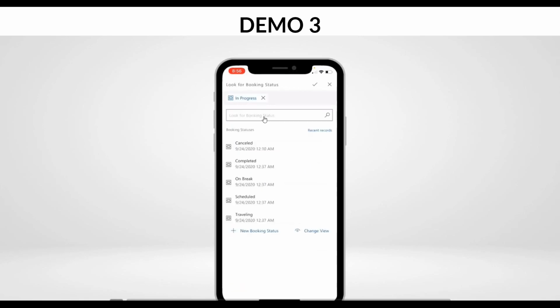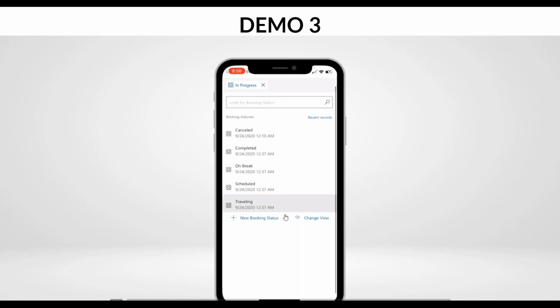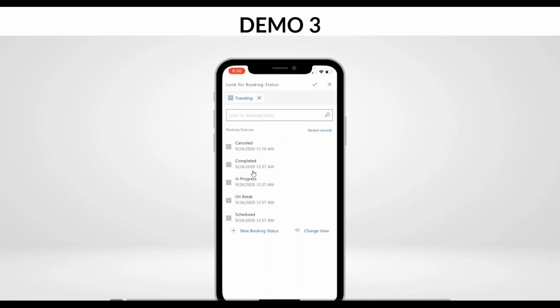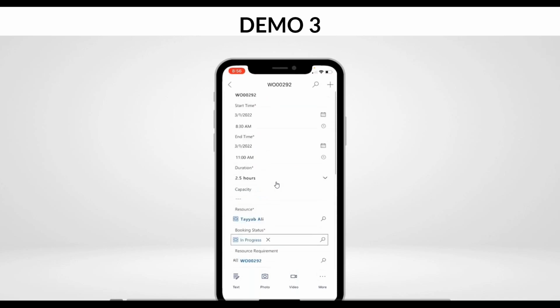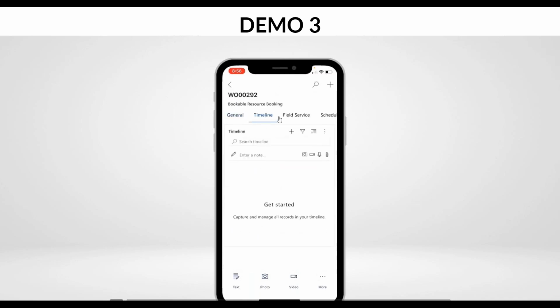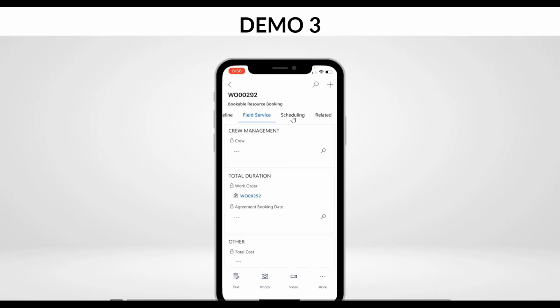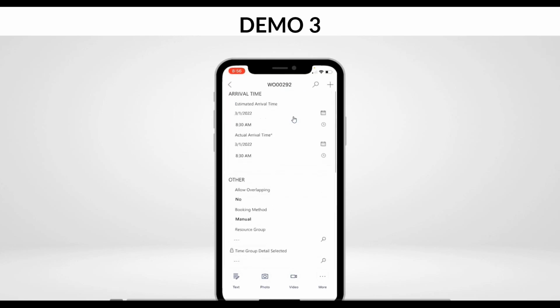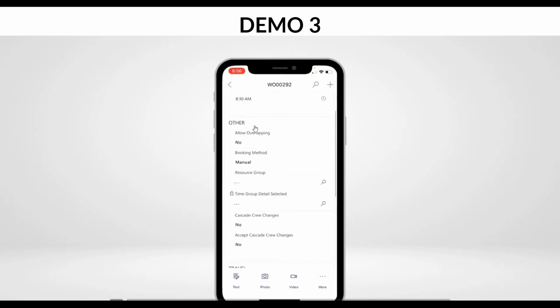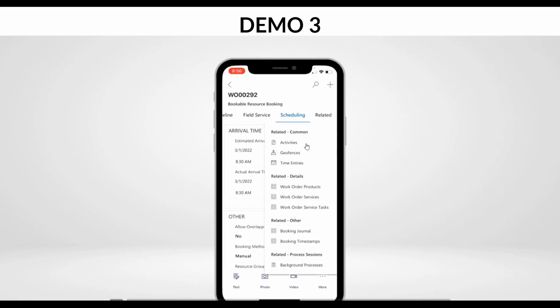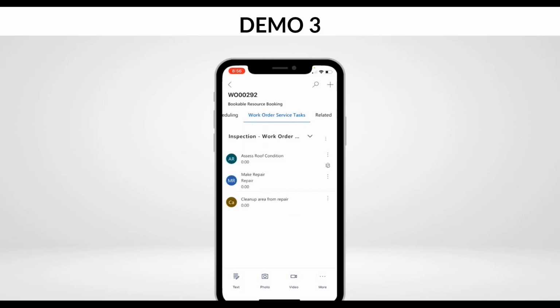So here you can see, I see the work order. I can see that I can go into booking status, I can say I'm traveling as soon as I start traveling, so it could calculate that time. So you see booking status is traveling, but I'm going to just put it as in progress for now. And this is the application that I will use for the whole detail. On the top, I have my different subsections. What I'm going to do is, as part of this incident type, I will be able to record the travel time. But what I want to do first is I want to go into related and I want to open up this work order service tasks, because I have 3 tasks that I have for any roof repair. So I'm going to mark all of these as complete.